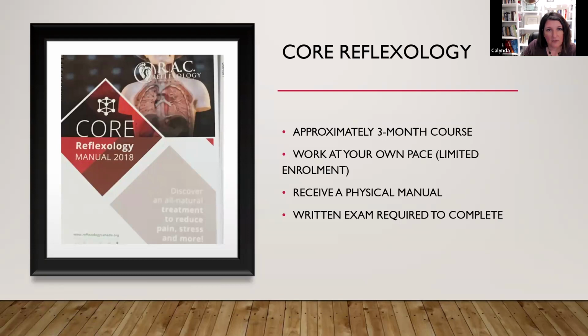So a lot of times when I was teaching live, what would happen is I would teach the course, and then I would teach the theory in a weekend. So it is a lot to absorb in a weekend. And then students usually had a month to study, and then they wrote the exam. Some students took 3 months to do it. It doesn't matter how long it takes you to do it. It's going to be a work at your own pace,